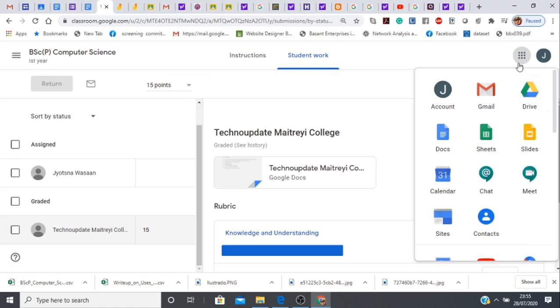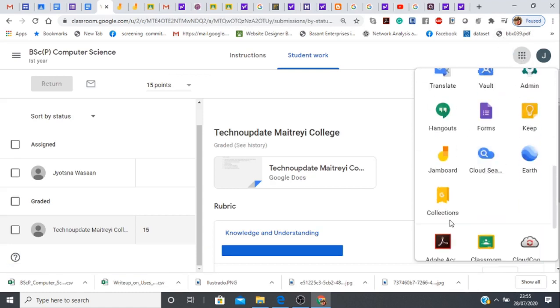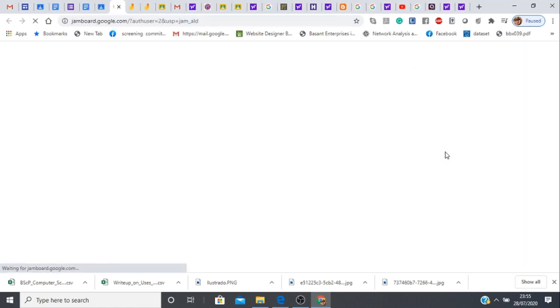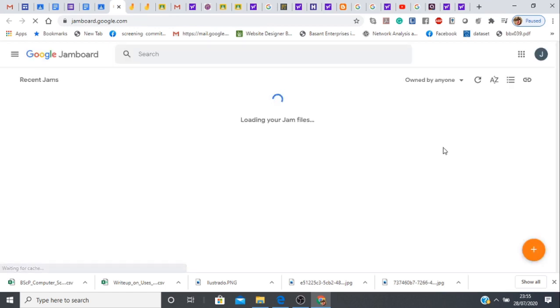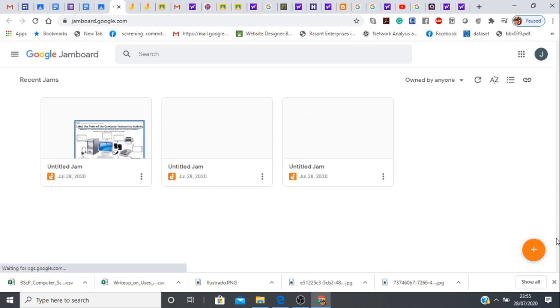In Google Apps, in this waffle, we have an interesting app, Jamboard. Once we click on this app, we get an interface which acts as a whiteboard for teachers. So for example, if you want to write some mathematical equations or want to draw something or want to label something, we can use this Jamboard as a whiteboard for our students. By clicking on plus, you can create a new jam. So if I click a new jam,